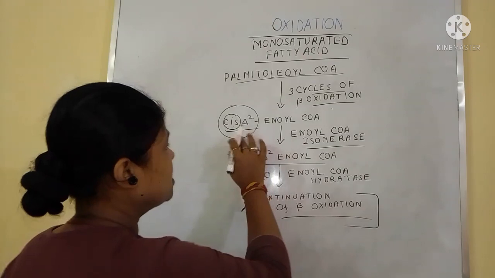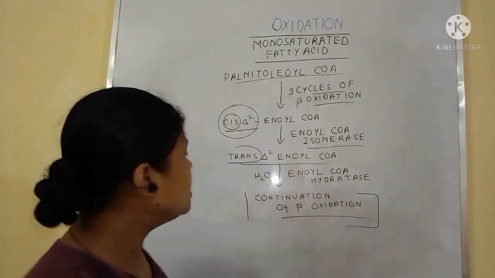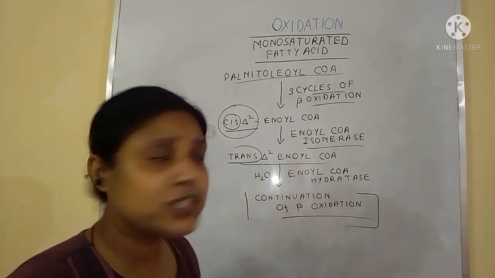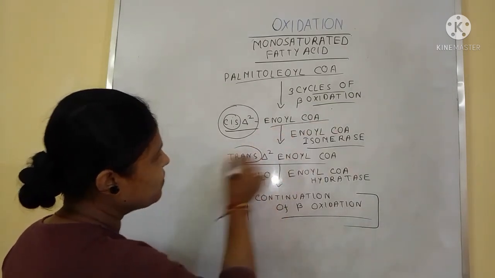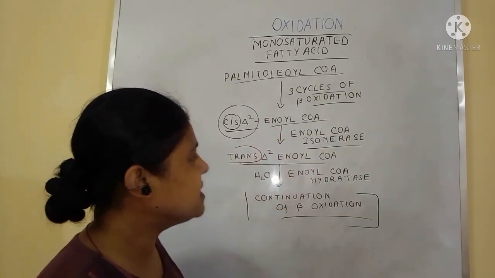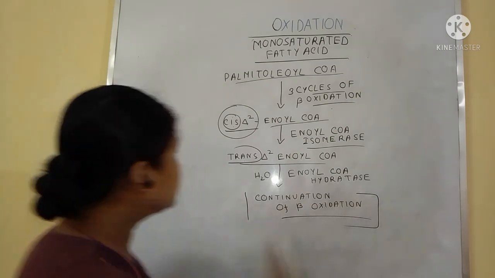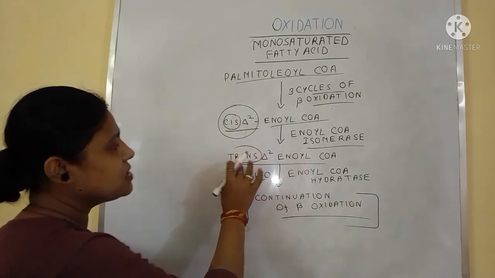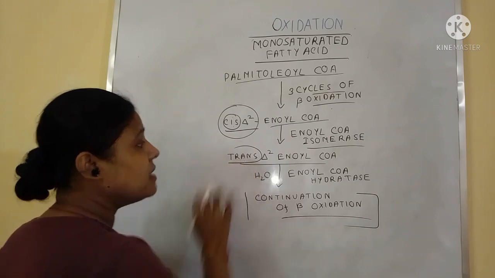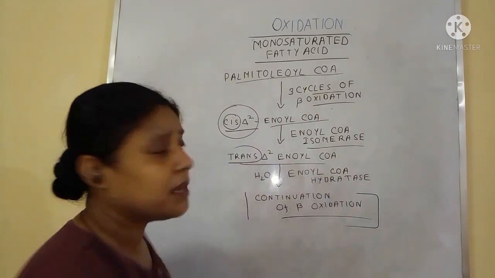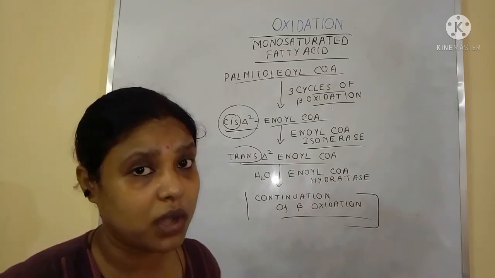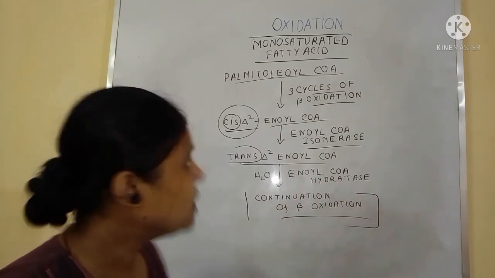So for the continuation of beta oxidation, it has to change into the trans position of enoyl CoA. When the cis position changes to the trans position, then in presence of enoyl CoA hydratase, the beta oxidation continues again. Clear? So this is the